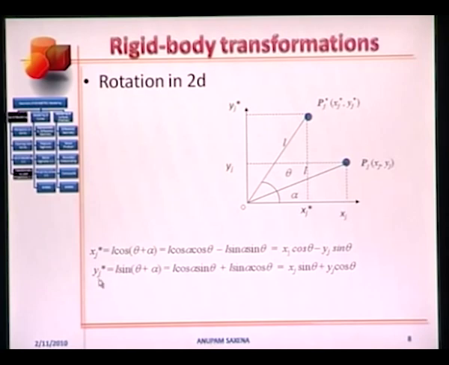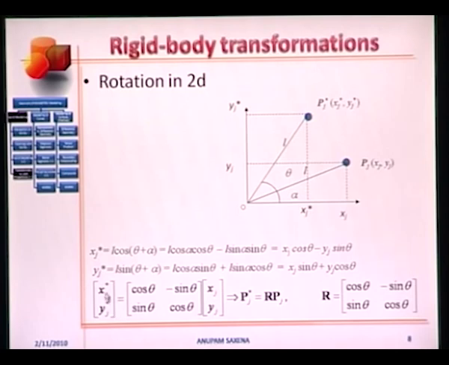I can write these two relations in compact form using matrices. Here we have a column vector that includes xj star and yj star. Here we have a 2 by 2 matrix, cosine theta, minus sine theta, sine theta, cosine theta, and this is a column vector including xj and yj. If I multiply this matrix with this vector, xj times cosine theta minus yj times sine theta is xj star, and xj times sine theta plus yj times cosine theta